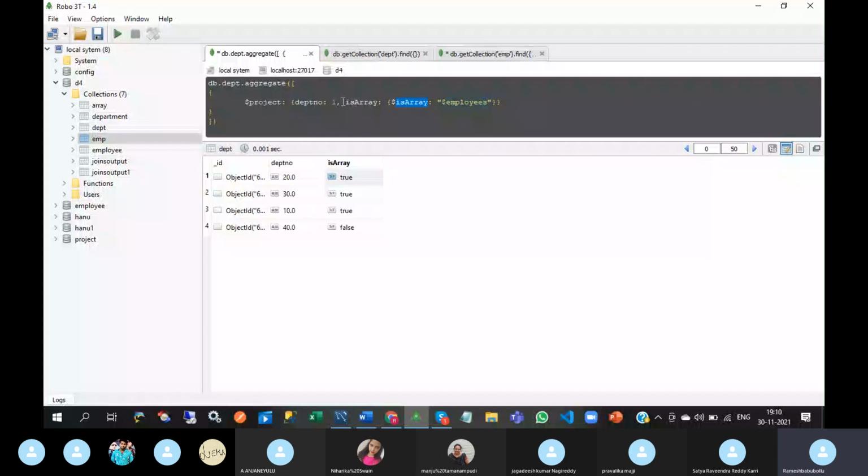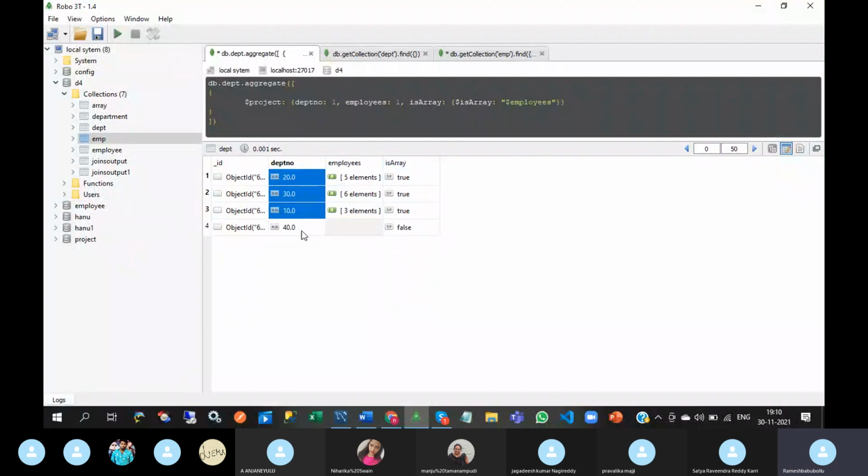See, department numbers 20, 30, 10 have an employees field which contains an array of elements. That's why we are getting true for the isArray field. But department number 40 does not have an employee array. That's why we are getting false.